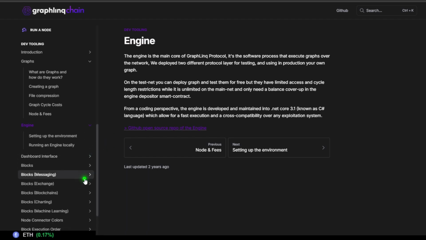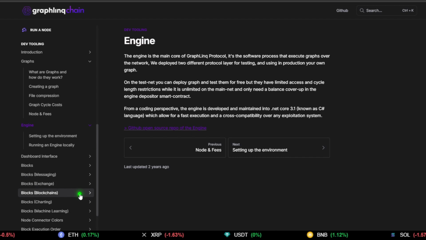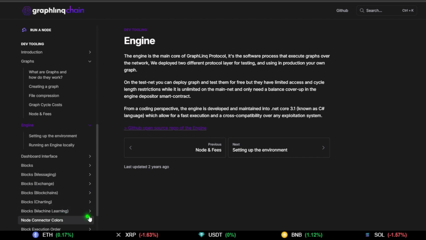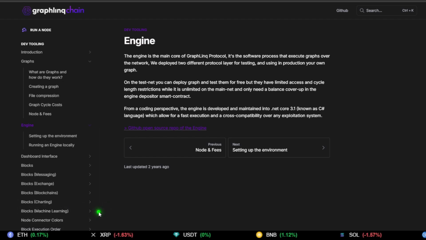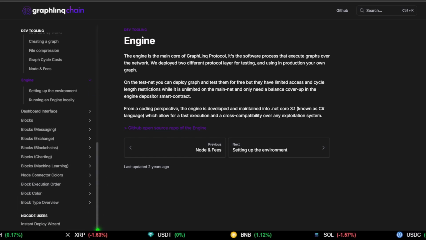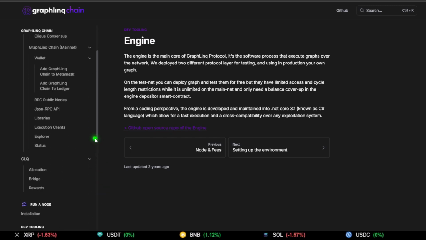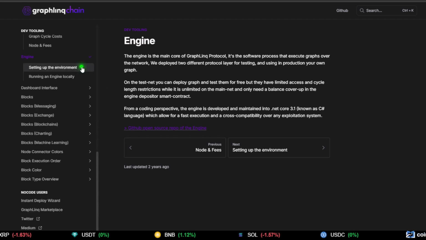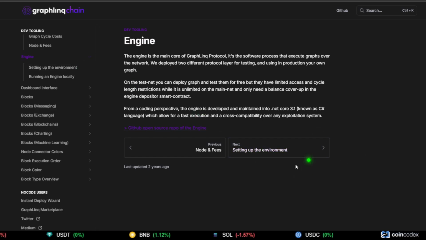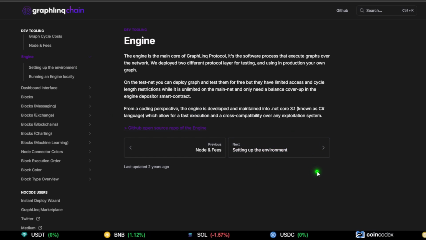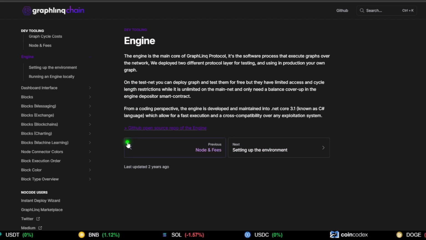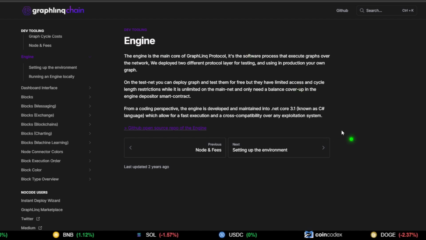And there's a lot more here. Messaging blocks. They got exchange blocks and charting and machine learning and so on. Different blocks that allow devs to create engines. And that is basically what happens here. So the engine, the blocks, and then you start making your own little bots out of these engines and subcategories, which are the graphs. Okay, so pretty cool. At least they got that happening here.